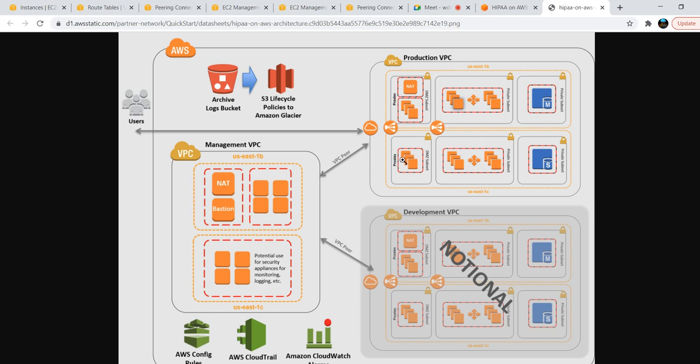So if you want to have communication between your management server, management means assume you are having some common services which are used across all the accounts or all the projects. So this is a common service account, or managed account, we can say. Assume you are having a Jenkins server. That Jenkins server is used by this production account and this development account. So you don't want to establish or create any common service between these two accounts. That time you need to have a peering connection.